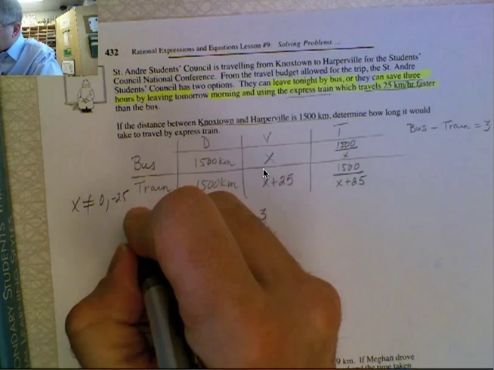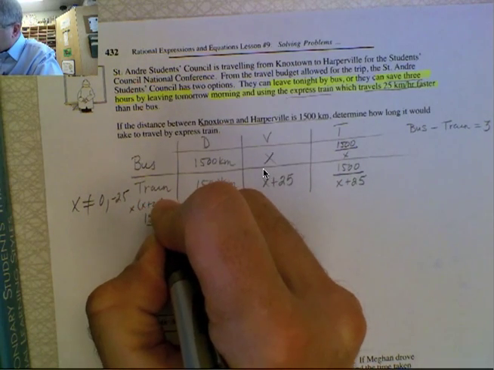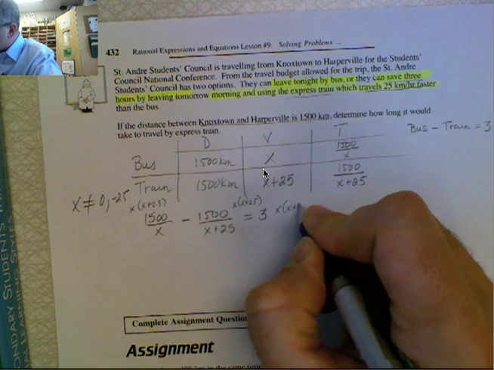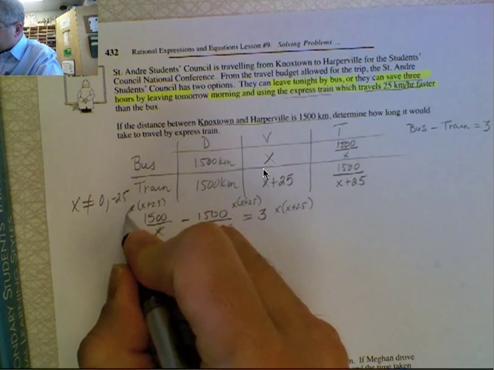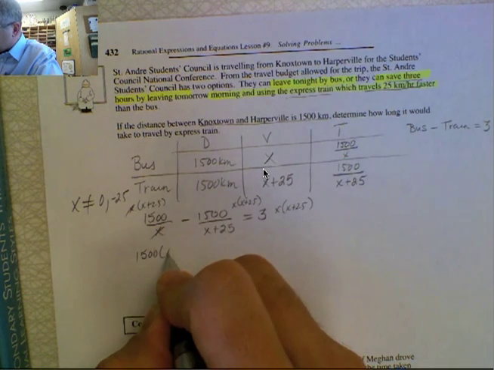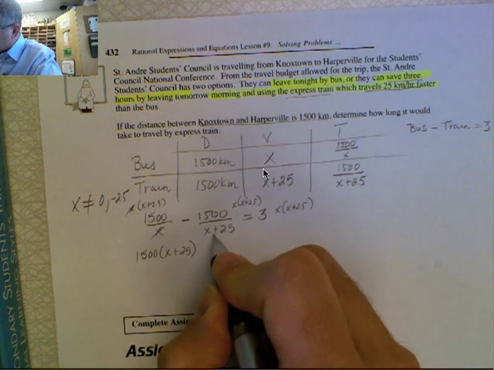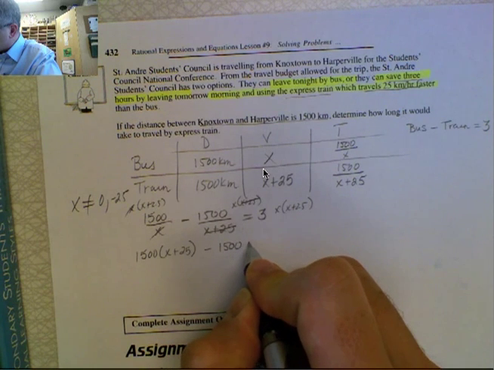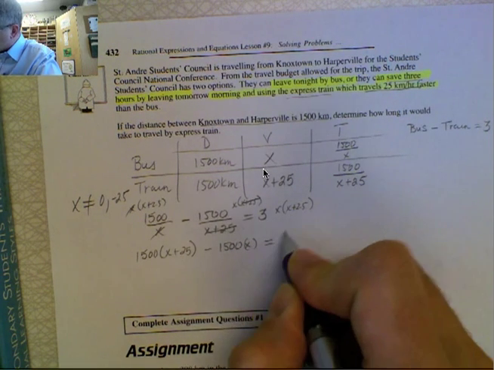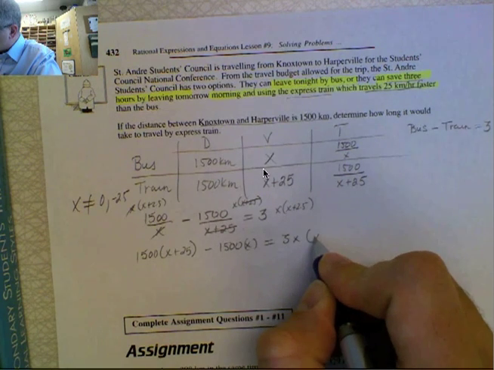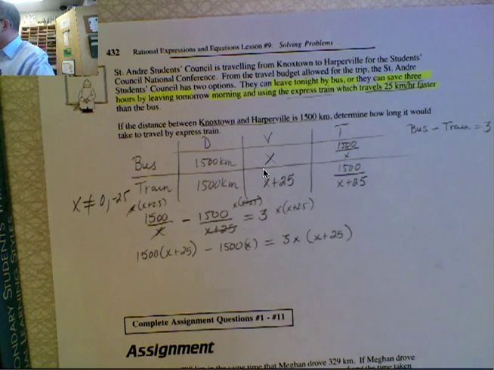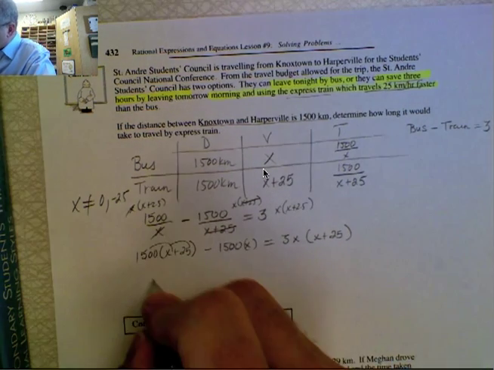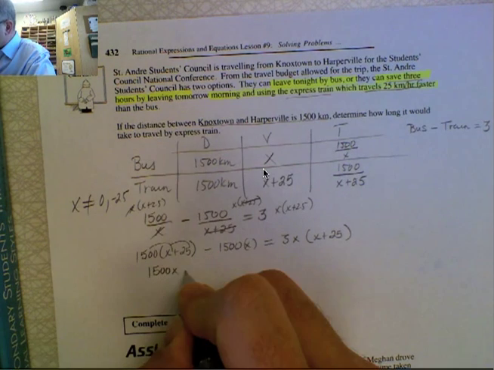So now I have to multiply each of these expressions by x and x plus 25. So in the first case, the x's cancel out and I'm left with 1,500 times x plus 25. In the second case, the x plus 25's cancel out and I'm left with negative 1,500 times x. And in the last case, you have 3 times x plus 25. So if I actually go ahead and expand things here, if I multiply them out, I get 1,500x